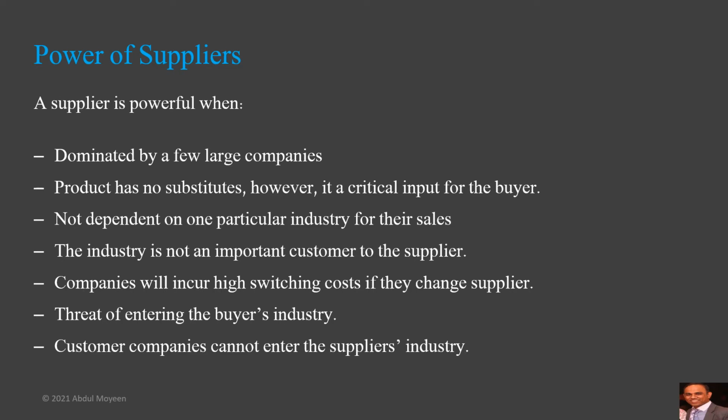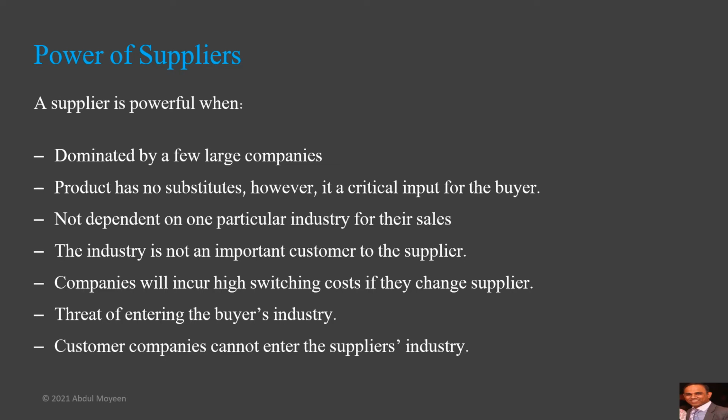I repeat, when the satisfactory substitute products are not available to industry firms, when industry firms are not a significant customer group for the supplier, when suppliers' goods are critical to buyers' marketplace success,